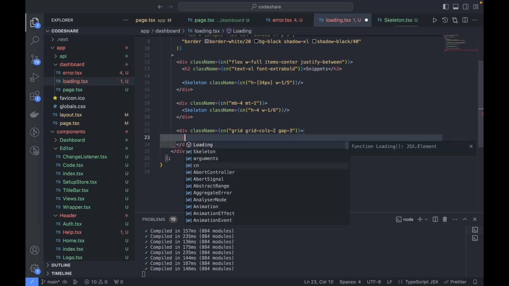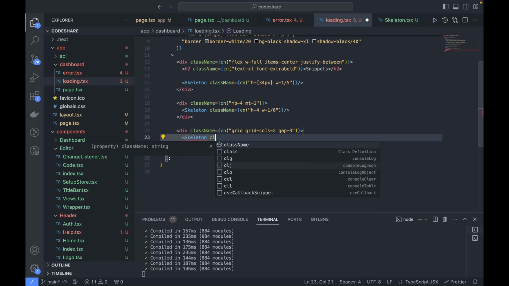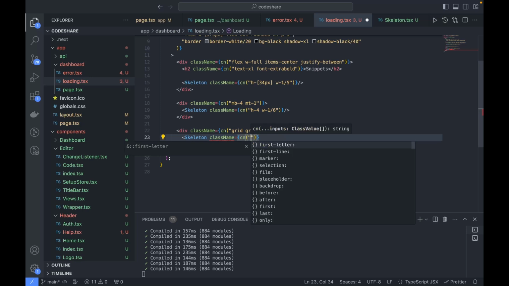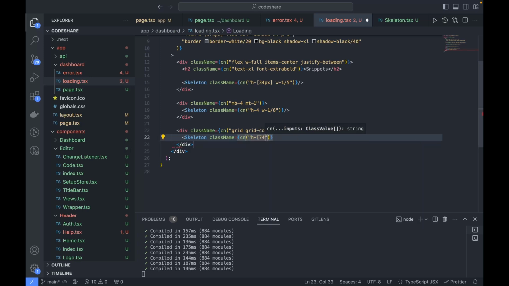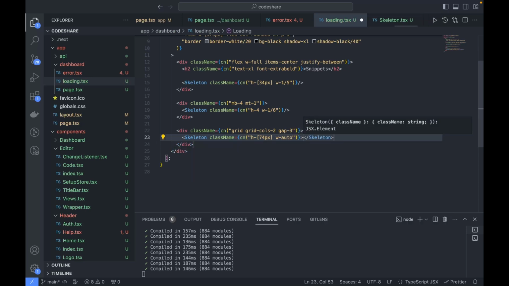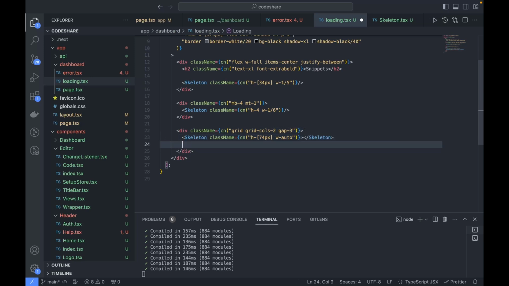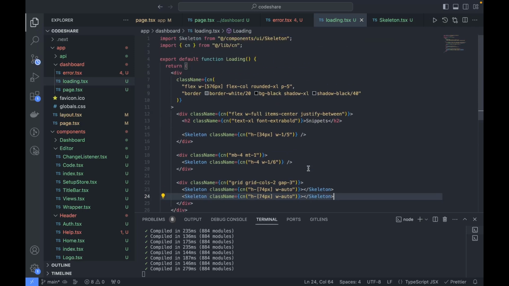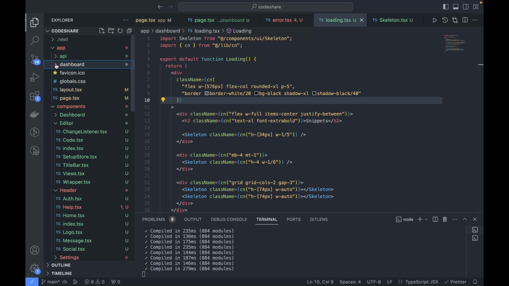Here I'm just going to have the skeleton, and styling for this, let's have this height to be something like 74 pixel, and width I just want it to be auto. And same, I'm just going to have one more component. So this is the loading page in case it's taking time to load the actual page. Now let's focus on the dynamic page,